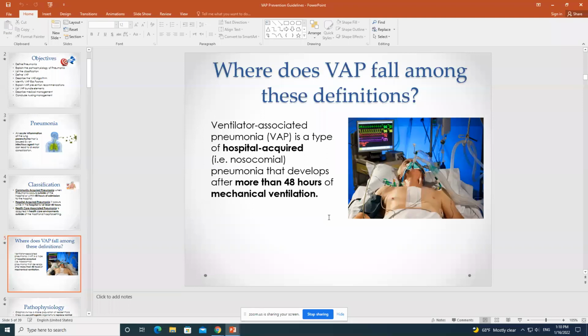Now, if you see this picture, what did you notice in this picture? Just as I told you, I want to simplify it to make it beneficial for everyone, and I know you are from different backgrounds. What do you see in this picture? What called your attention? You have a patient who is intubated, connected to the monitor, just to hemodynamically monitor the patient, and he is on a mechanical ventilator.